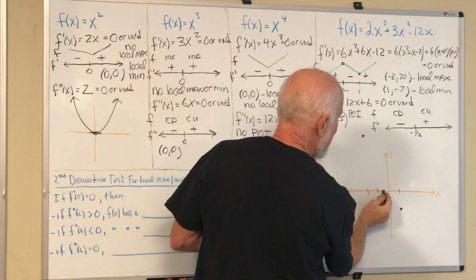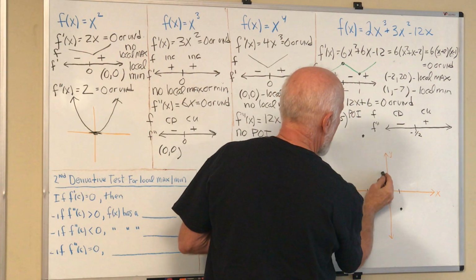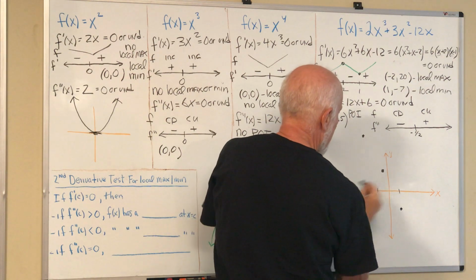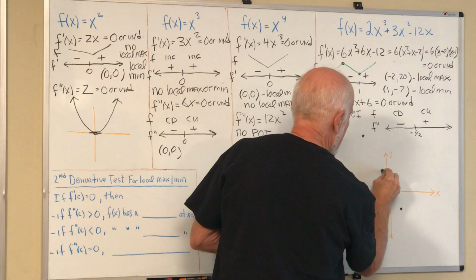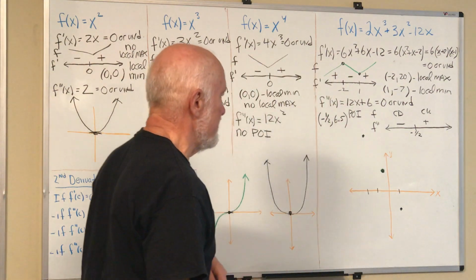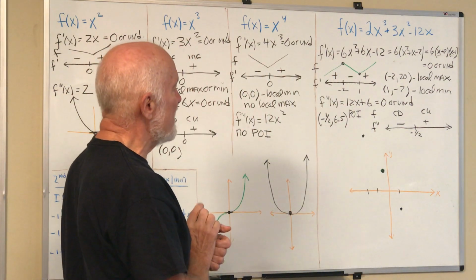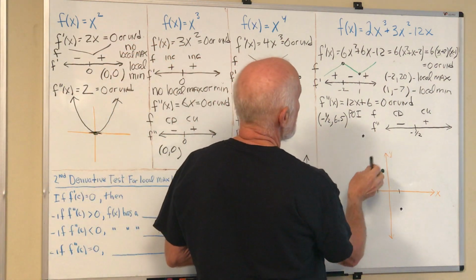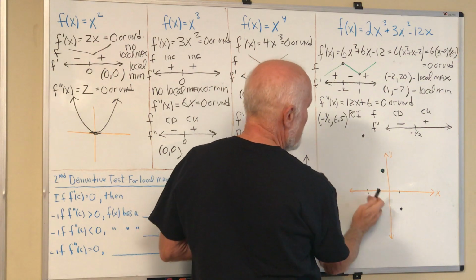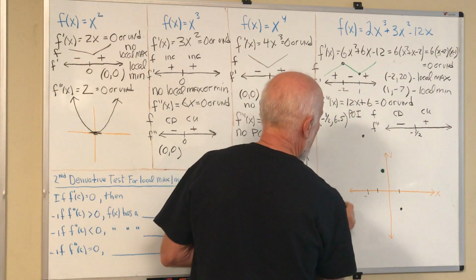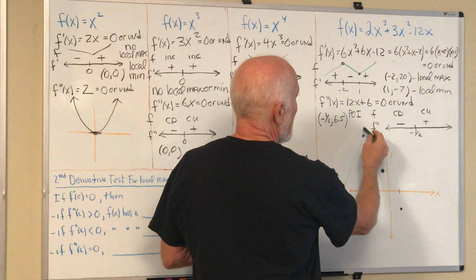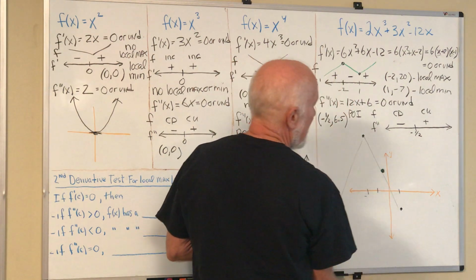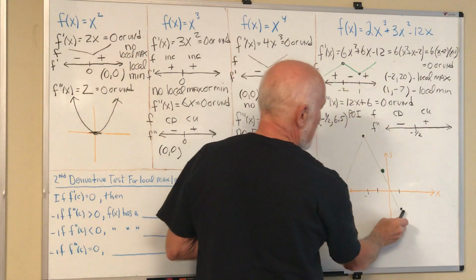So at -1/2, 6.5, right there, I'll make it maybe a different color, that's a point of inflection. So we've got all the important points on the graph. And what do we know? The function goes increasing until you get to -2. So the function's gone increasing, and then it decreases from -2 to 1, and then it increases for the rest